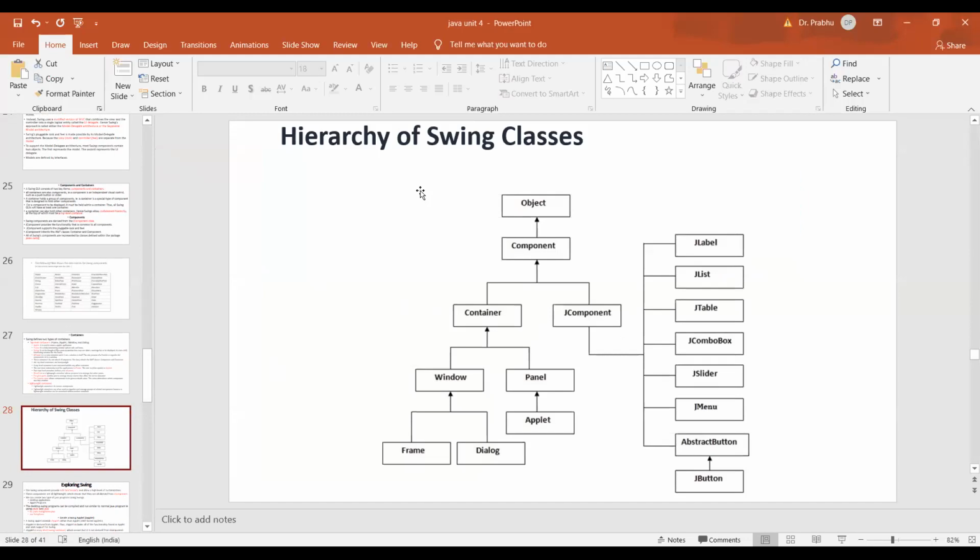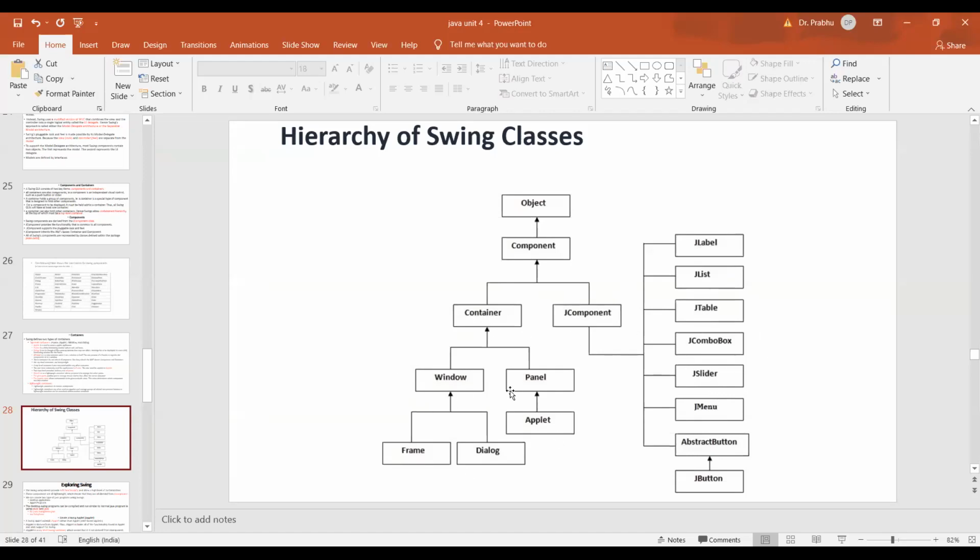If you observe the hierarchy of Swing classes, the components and containers are very important. The container itself is also a component. There are mainly 7 components out there, and 4 containers.